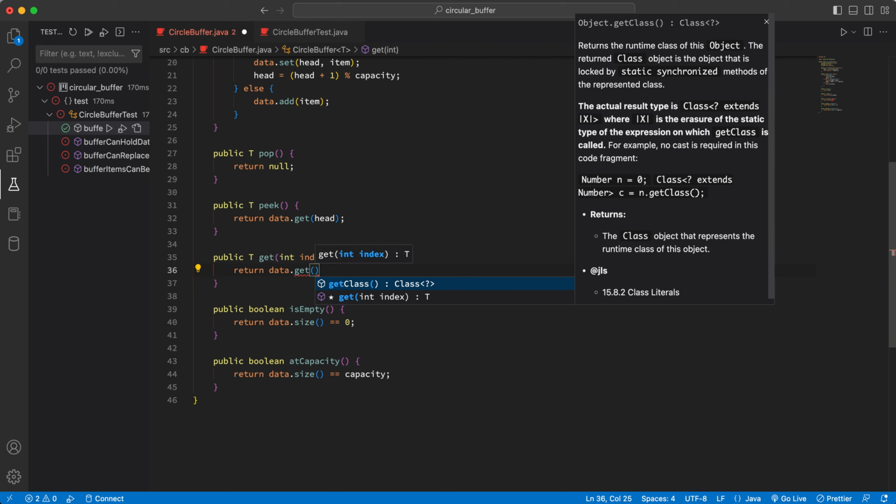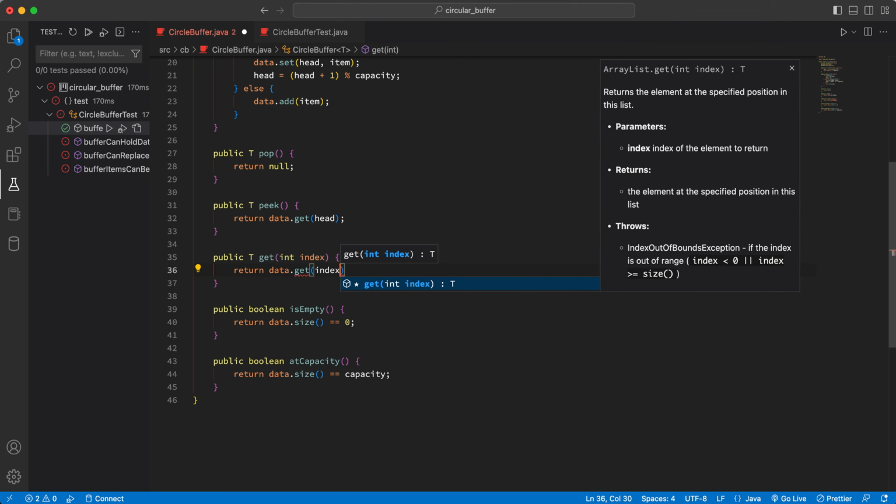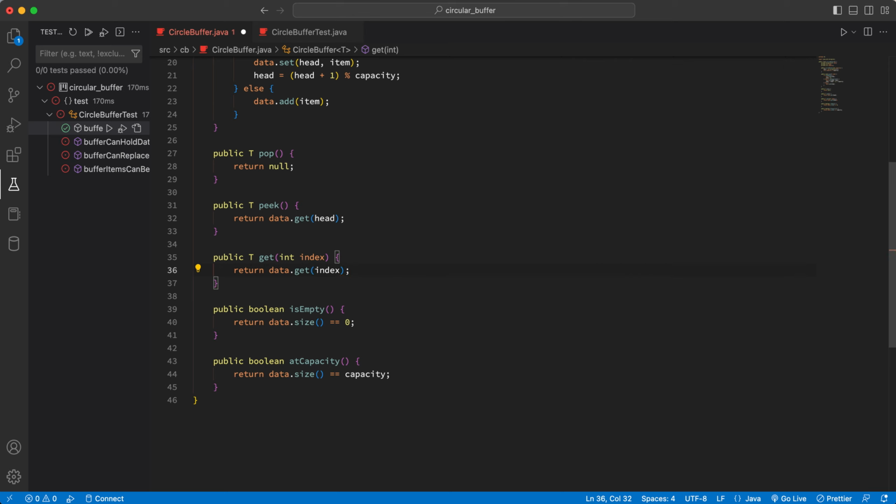Data dot get, and we're going to go index. So this technically will compile, and it's functional, but it doesn't work in the way that we want it to, because